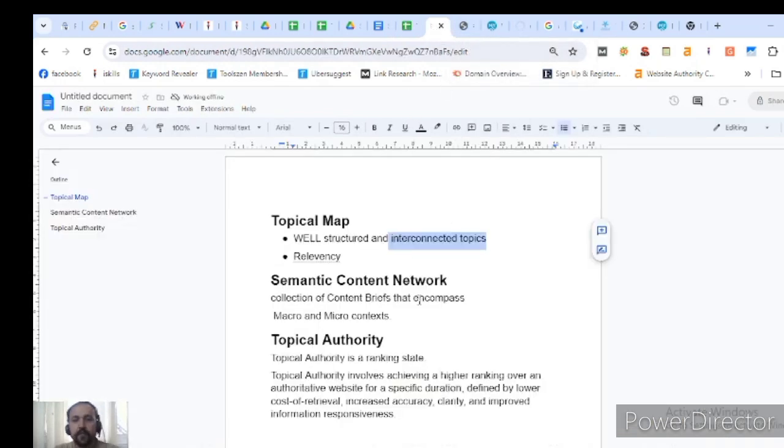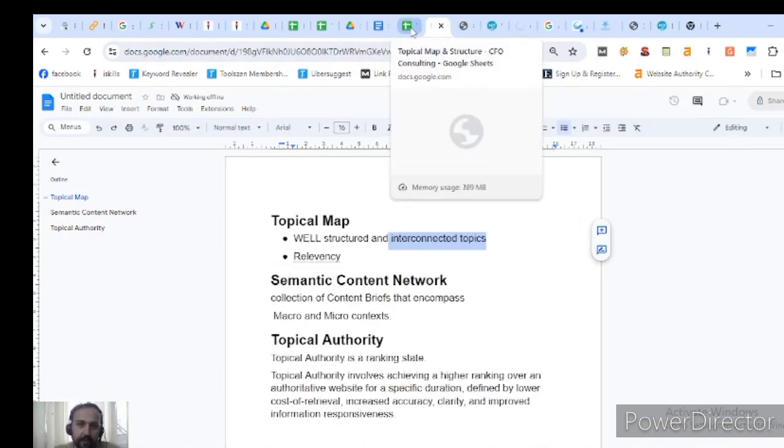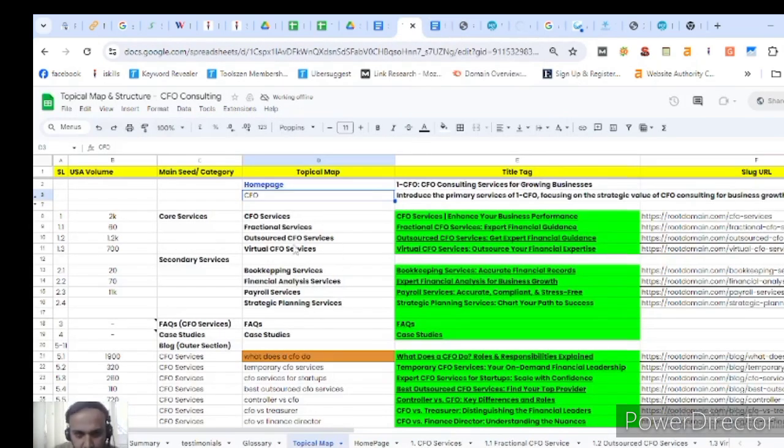So the next thing is the Semantic Content Network. Okay, in Topical Map, I will also give you the layout example, which most people don't show. Here you can see these are my topics, from the start of a topical map which I created a year ago. So it also has some drawbacks, which I will explain. I'm not trying to hide anything. I will show you so you don't make these mistakes and can improve.